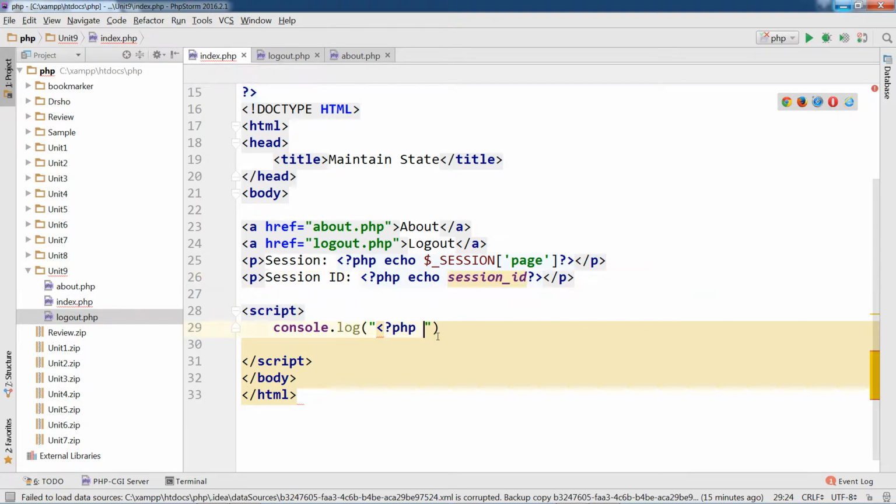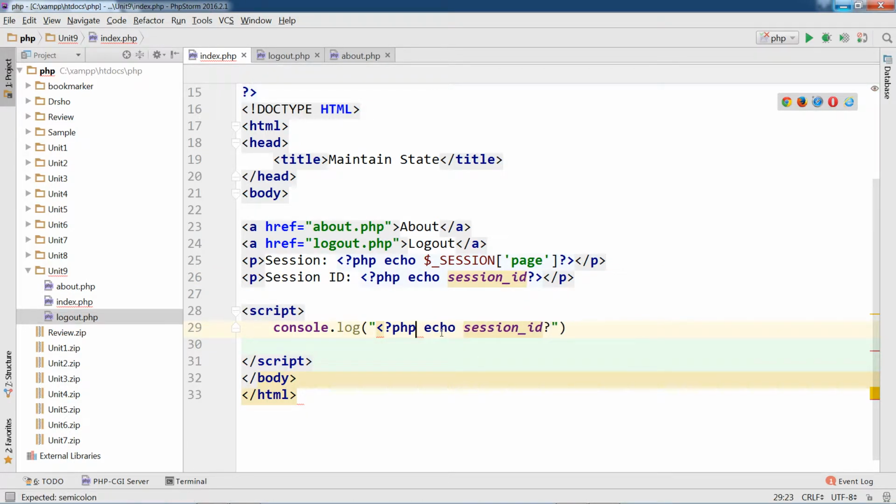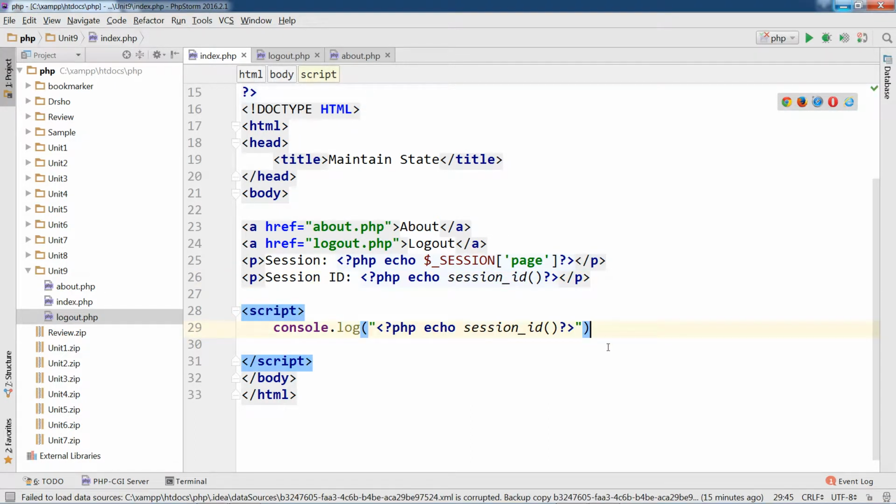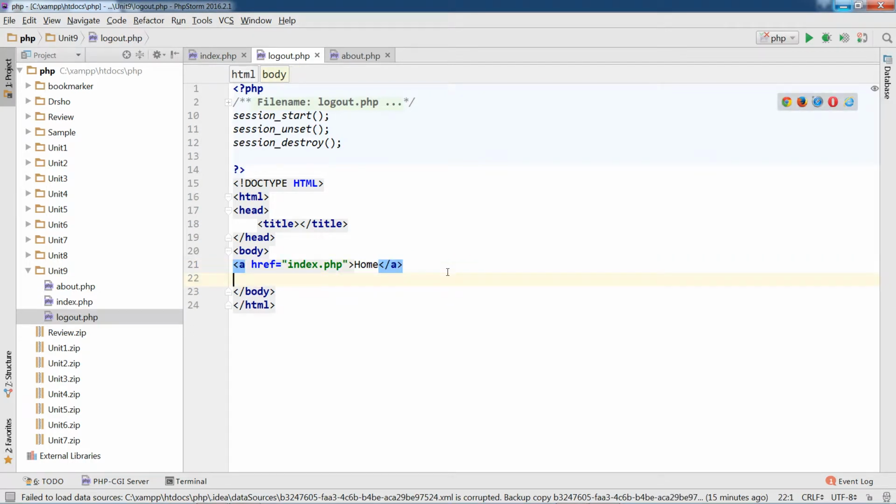So echo the session ID to the console, and then oops, it's a function. Okay, so it's going to log out to the console. Alright, save, and then I'm going to copy this over to every other page